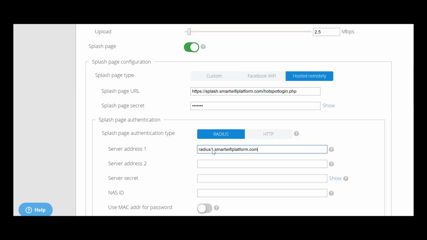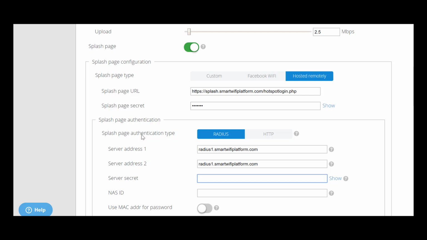And you want to leave those the same even if you are white label. Those are not visible to your customers, and those are required. Now we get to the server secret and the NAS ID. This is where the actual tie-in to the Marketing4WiFi dashboard is. This is what we use to know exactly which access point is calling into the dashboard so we can deliver